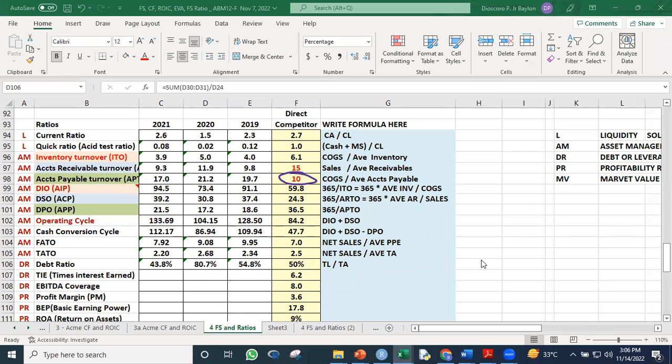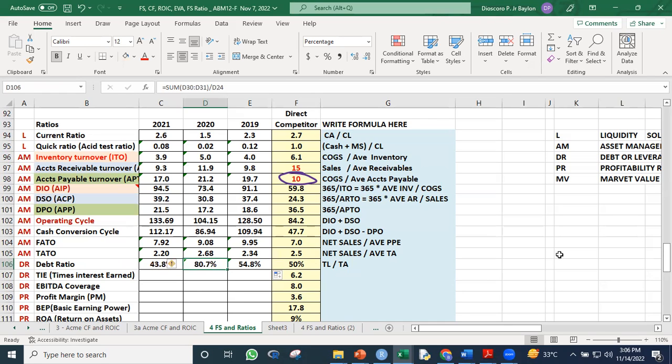Kasi the use of debt will lead the company to incur interest charges, and interest is deducted before we compute for the earnings before tax. Okay, so interest is tax deductible. Okay, so we'll have a lower tax if we carry on debt as compared to not carrying debt sa financing. Okay, so and then it went down again. Okay, 43.8. Okay, so the disadvantage here is